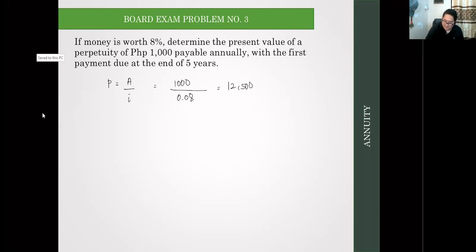And then if we want to get the present value, so present value natin will be equals dun sa tawag itong P prime. So P prime all over 1 plus I raised to n. Okay? So at the end of 5 years,